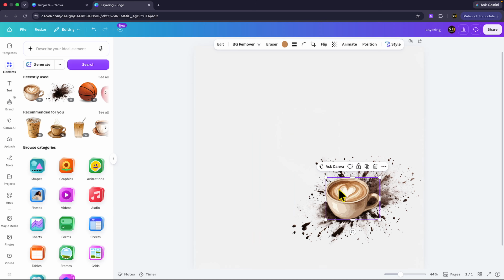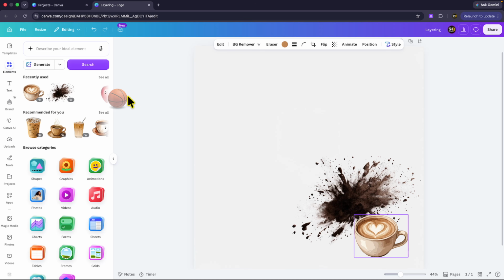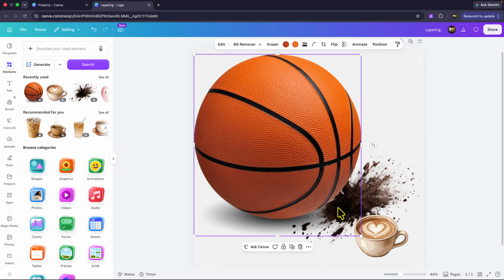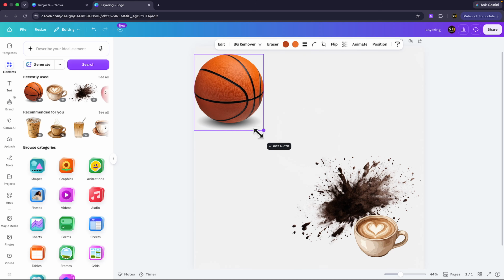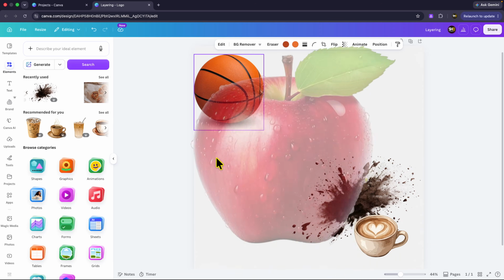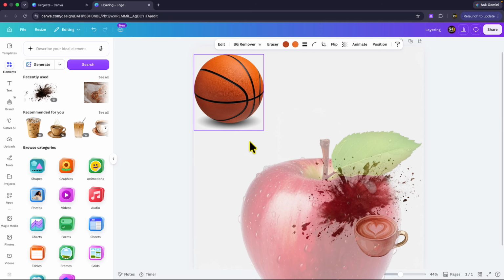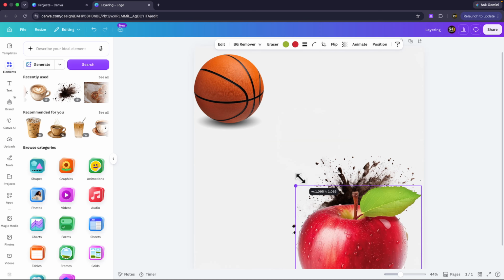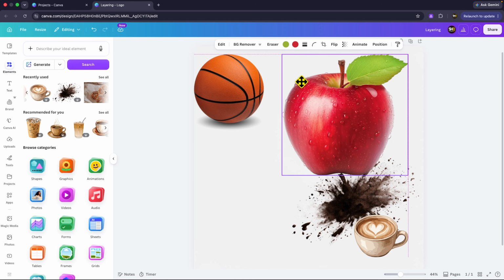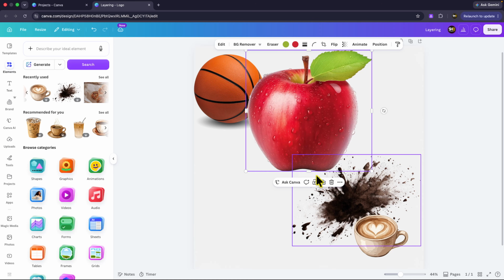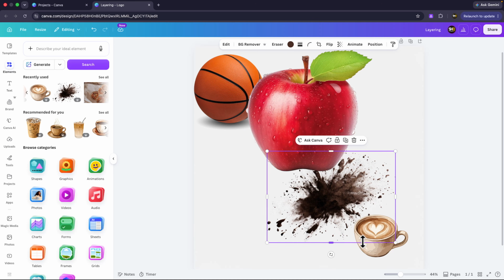So let's say that we were to add this basketball onto the page, as well as this apple. If we do the same thing again here,